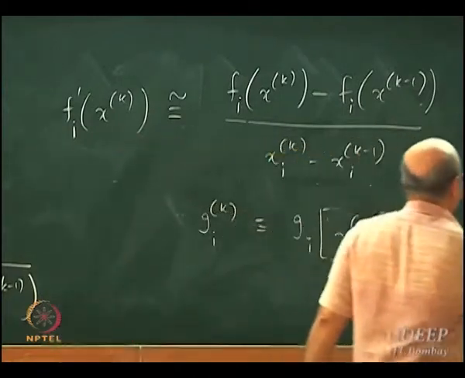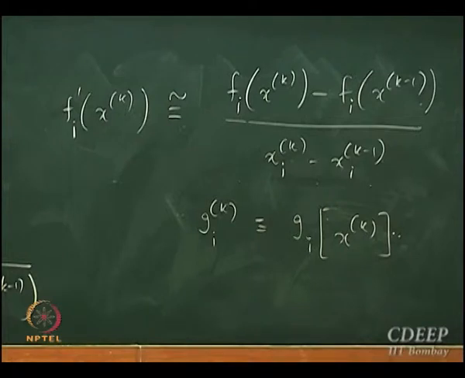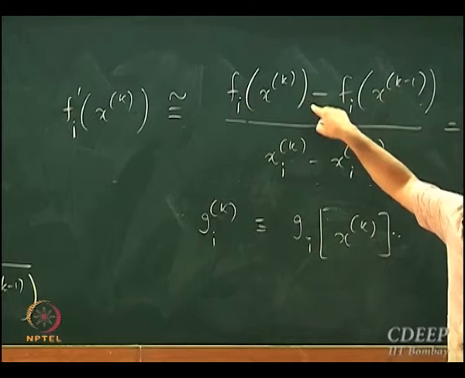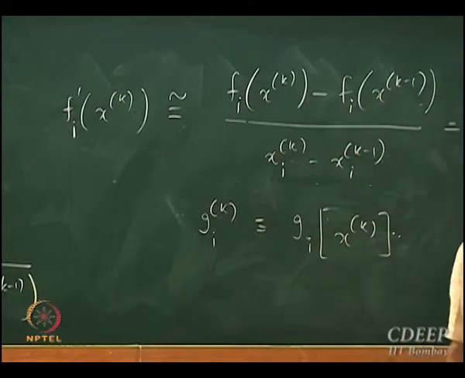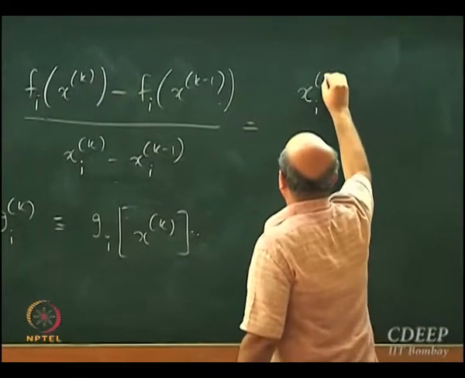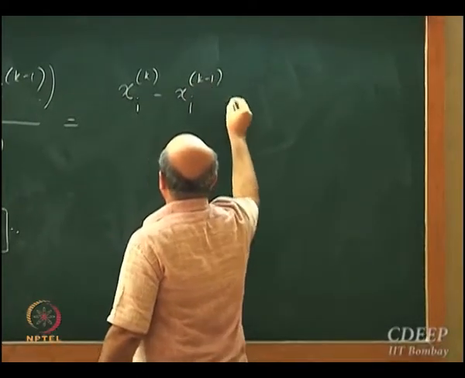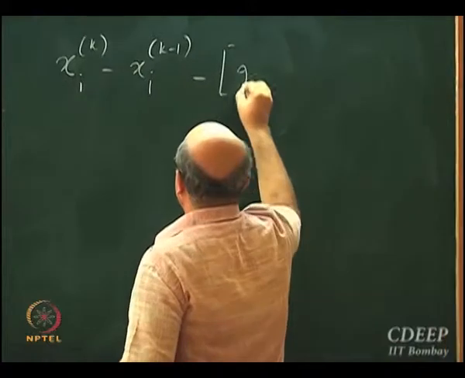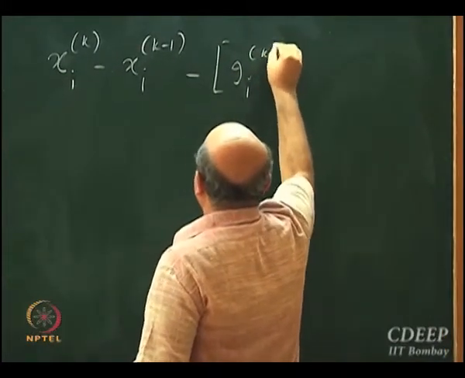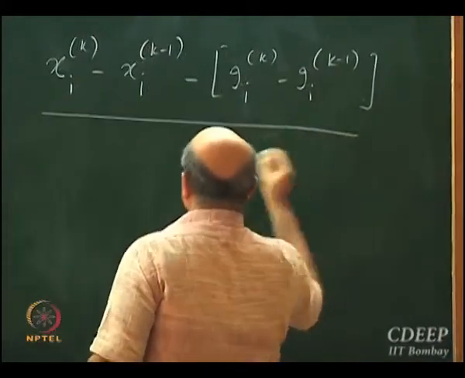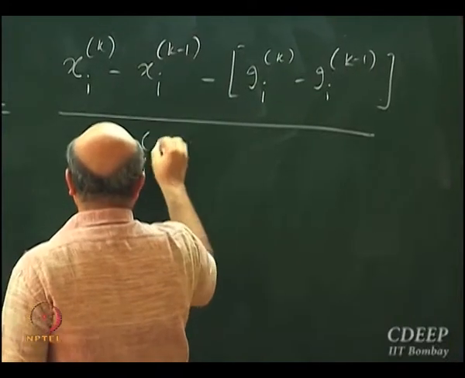Okay, so with this notation, this derivative here, I am going to write this as xi k minus xi k minus 1 minus gi k divided by xi k,